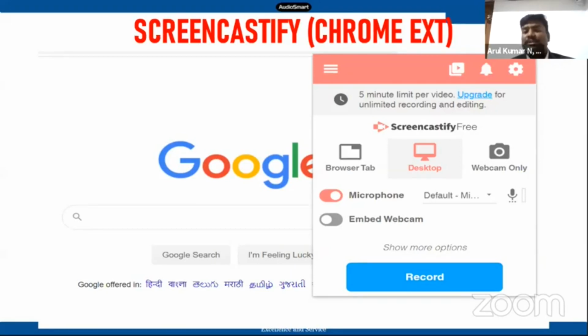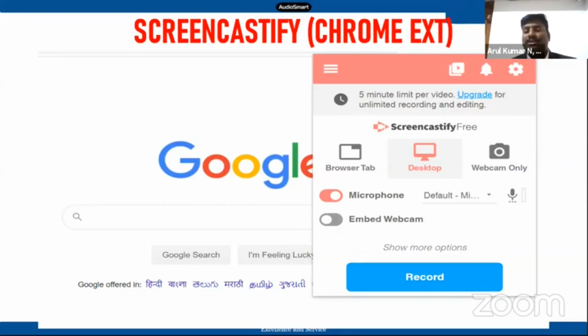They will get frustrated or bored listening to the video. This is actually a Chrome extension, which you can install online and use to record the video. The beauty of this Chrome extension is that the video will be stored in Google Drive directly. The only limitation is the 5-minute limit.